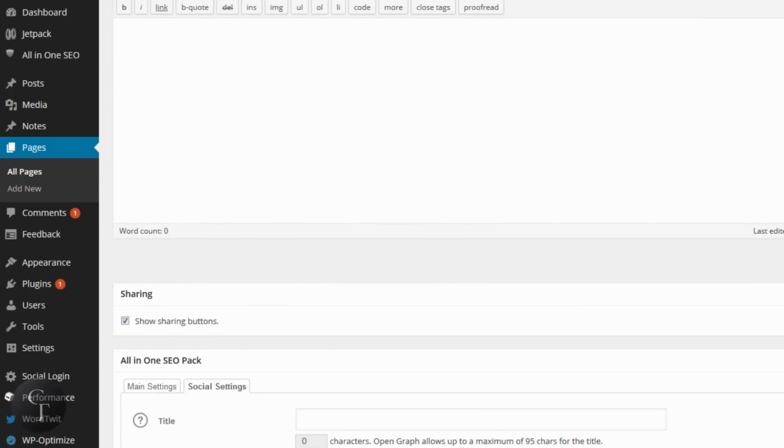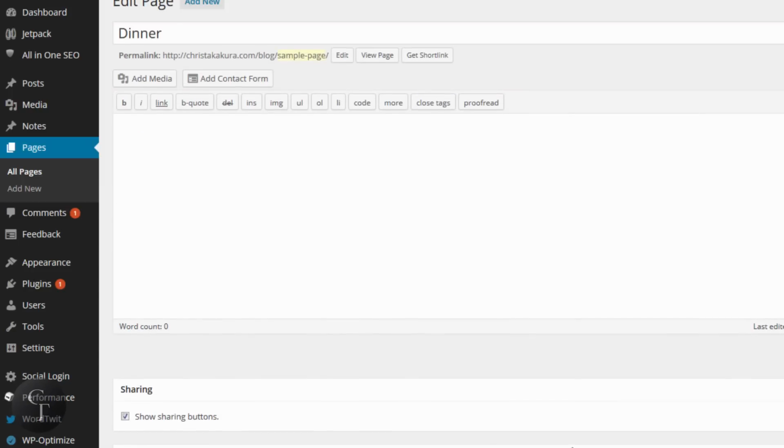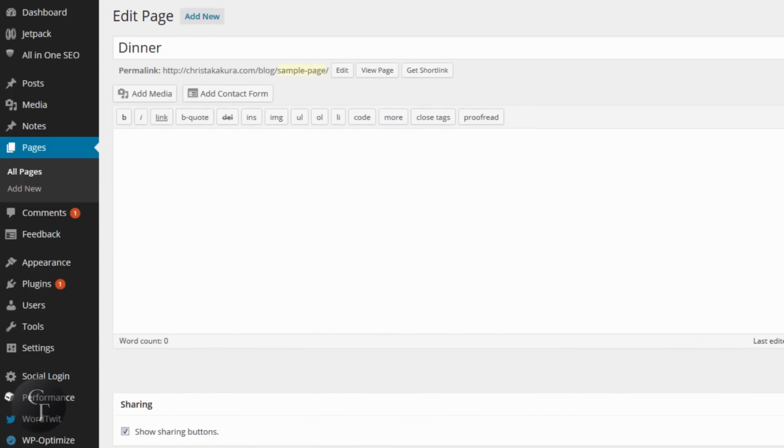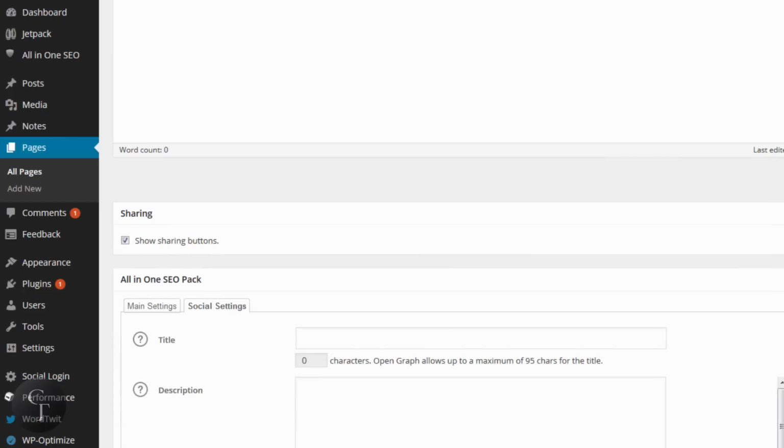So again, the pages and the post SEO settings are really not different, but it's still something really important to do. Make sure you have separate SEO information on different pages relevant to that page. So for instance, if you have a gallery, then you would have a title here called gallery, and that's it. All you have to do is type gallery, and the best part about All-in-One SEO Pack is after you type in gallery,